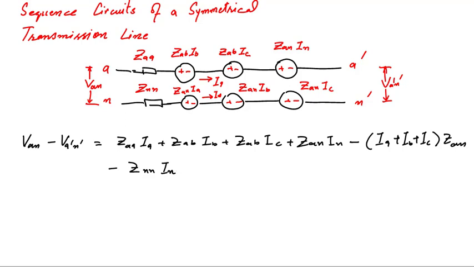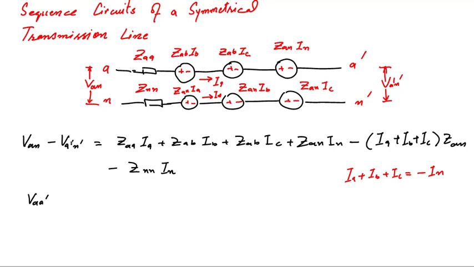Now we know that the sum of the three currents IA, IB, IC is the current IN, but that IN will be in the opposite direction, as it is the return current. But according to our assumption we have considered IN in the same direction as our currents IA, IB and IC. So that's why IA plus IB plus IC will be equal to minus IN in our case. So now let's substitute the value of IN equal to minus IA minus IB minus IC. This whole equation will become, we can write this voltage as VAA'.